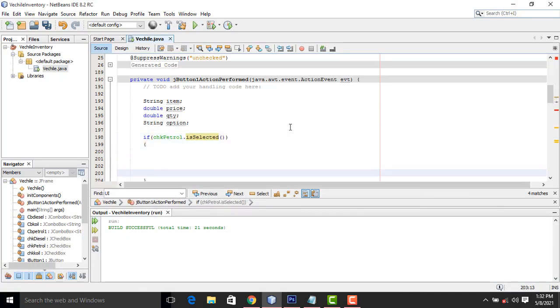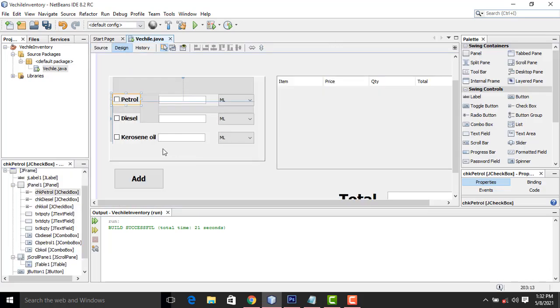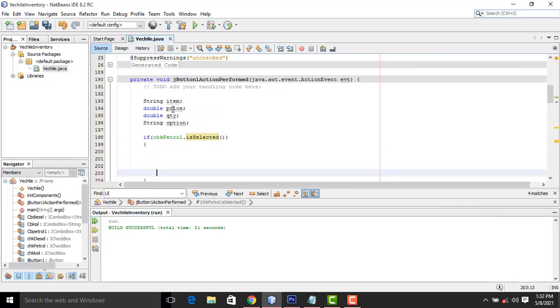Now what I am going to do inside here: if the user selects this one, you have to pass the item. So here you have to write this item variable, call it item equal to the CB petrol, and the text will be passed. What is the text?